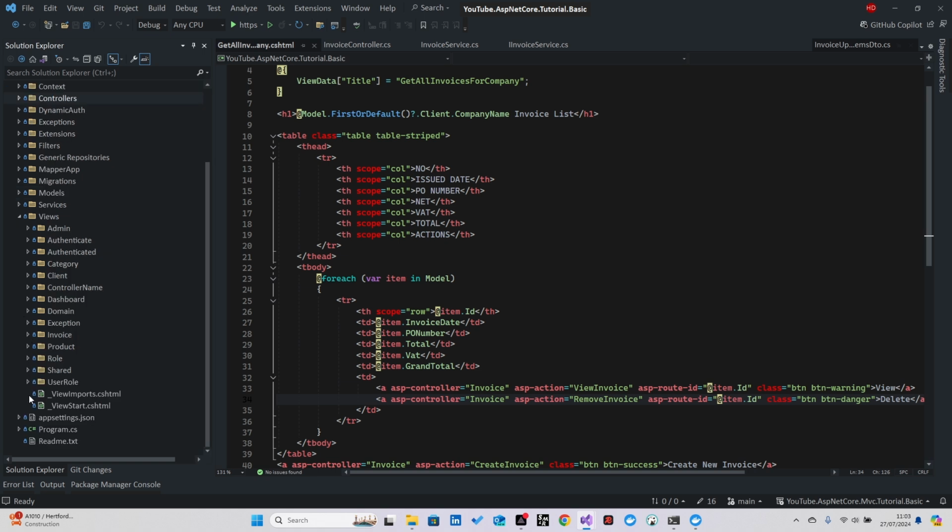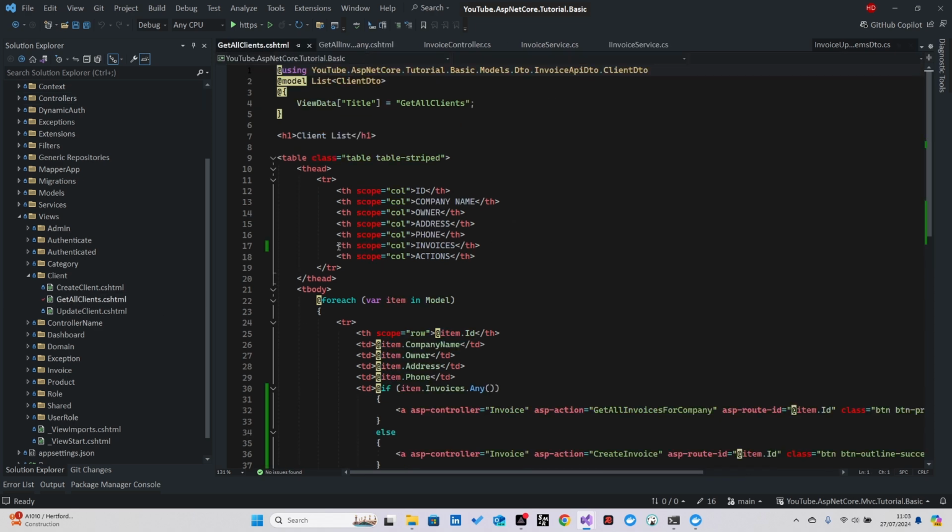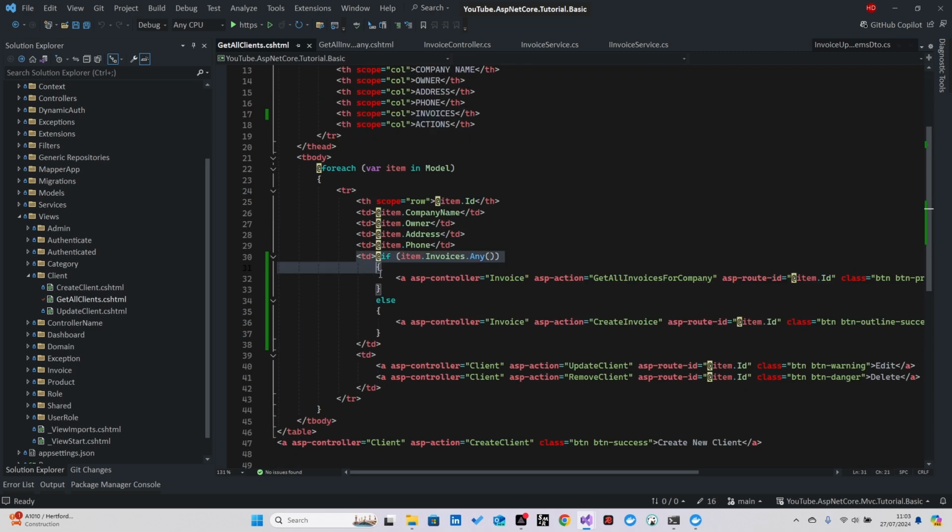Let's have a look. Clients, where's my clients? Yeah, so get all clients here. So I add a new section, a new column here, which is called invoices, and I add this data against that column header. So basically this is our security measurement. If the